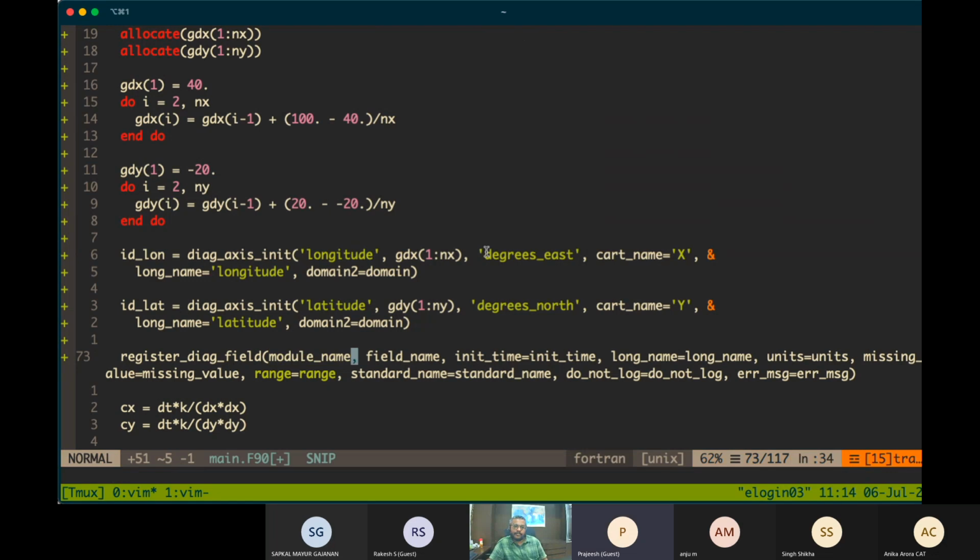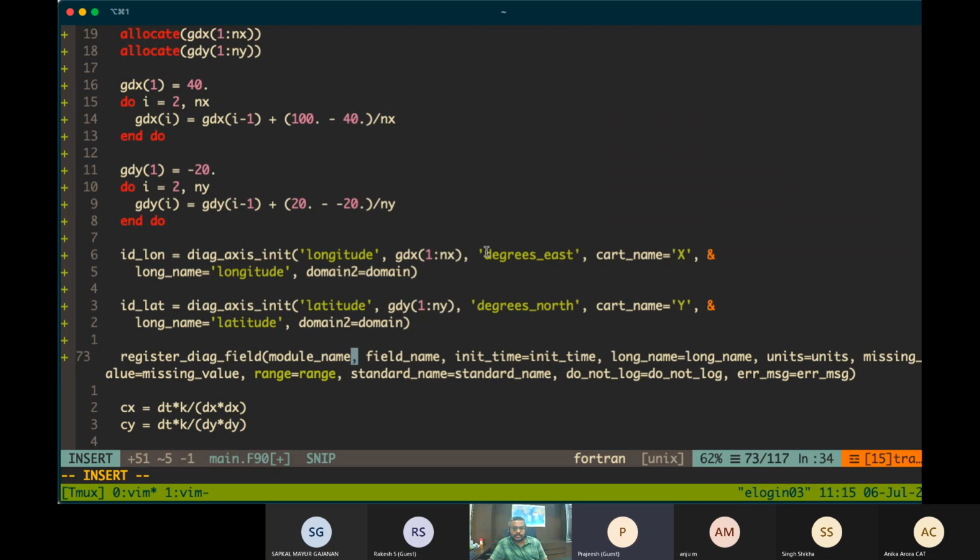The first argument is the module name. If you remember the diag table, there was something at the first of the variable name, like ODTM, which is actually a module name. What purpose does it serve?